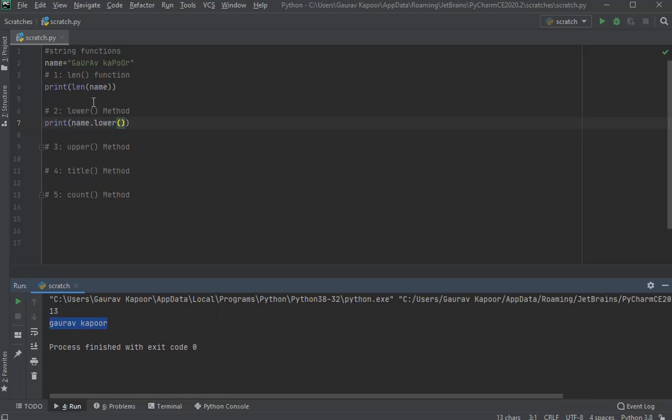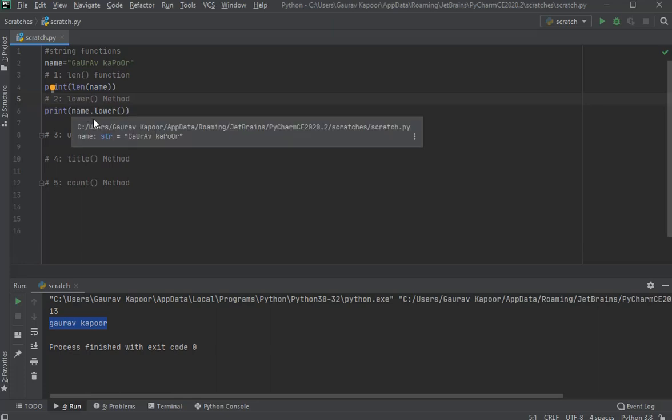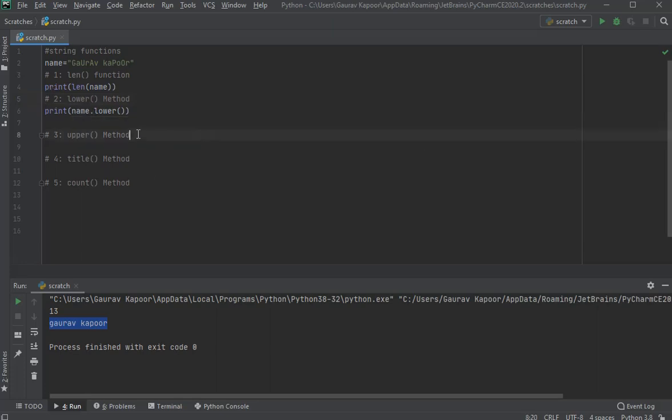So you might have noticed, when I'm calling a function, I've given the name of the function and in the brackets I have given the variable name. But when I'm calling a method, I've given the variable name, dot, and the method name, right? So this is the difference between a function and a method. A function is something which has its own code block and which is called by its name. But when we're calling a method, it is associated to the object. So a dot operator is required. So that is with the lower method, and let's go to check with the upper method.